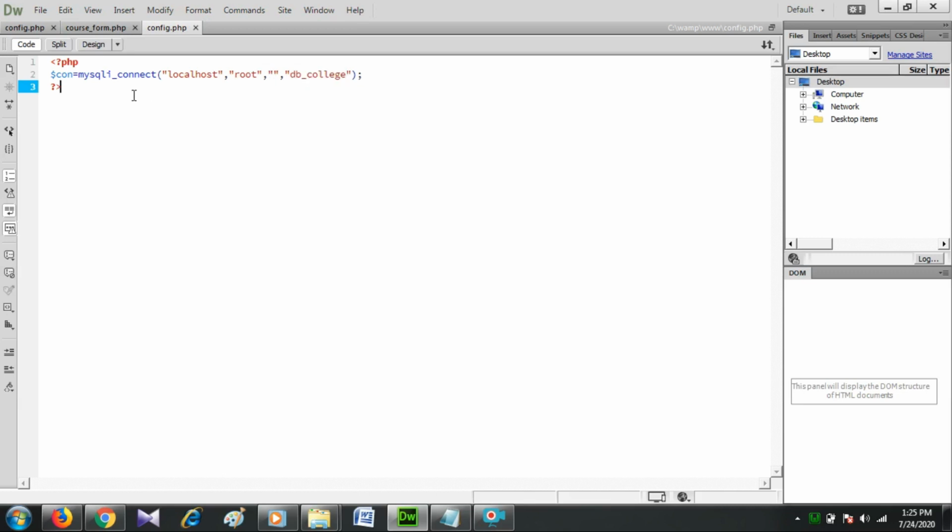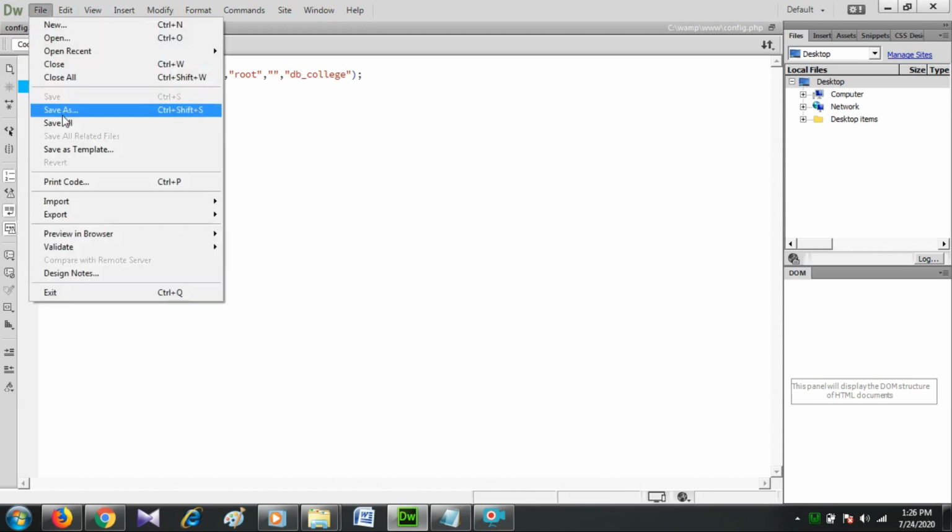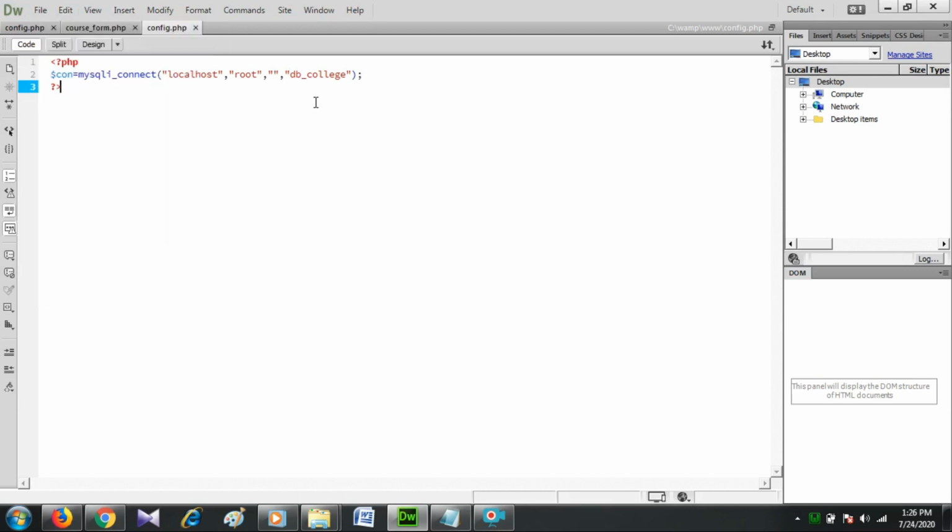That is, localhost specifies the host name or IP address, root specifies the MySQL username, and a null value is the password of MySQL. Commonly root is the username and the password is null, and then finally specify the database name. This is our DB connection code in PHP. Save this file by clicking the File Save option.